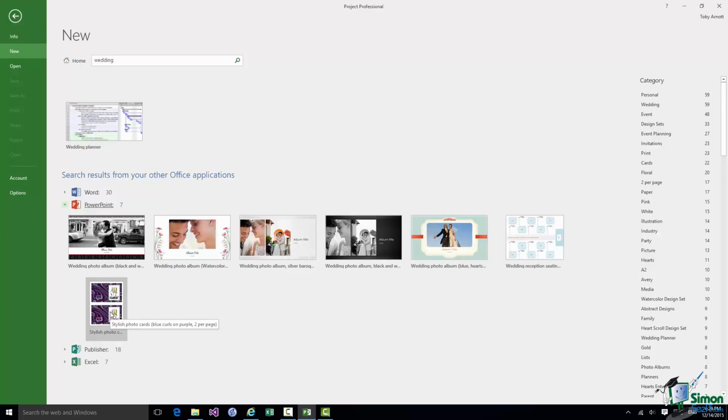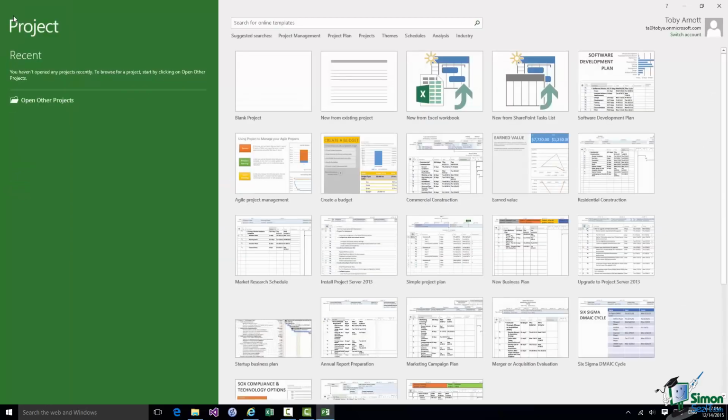Now there are other suitable wedding related artifacts that can be used in Word, Publisher and Excel. So we're not really going to cover that on this course, but they can be very useful links to other artifacts that you can use with the other components of Office. Having taken a look at that, let's go back to the start screen. We just use the back button there, the browse back button. Takes us back to the start screen, and we're going to create a blank project.